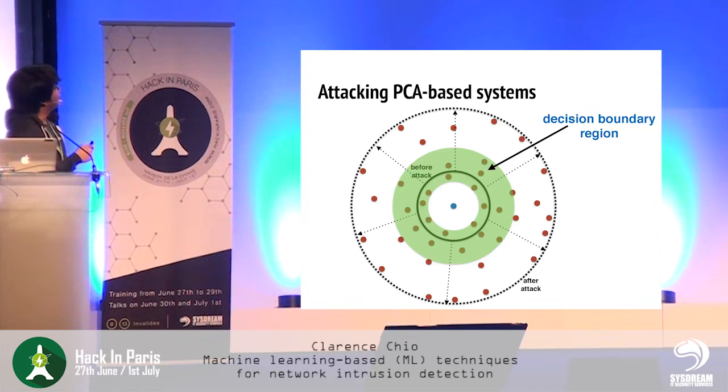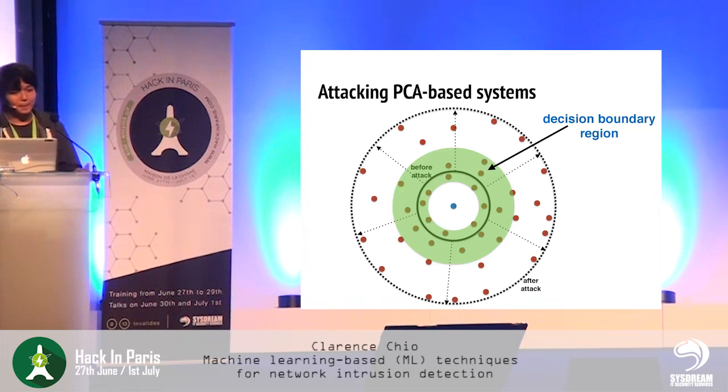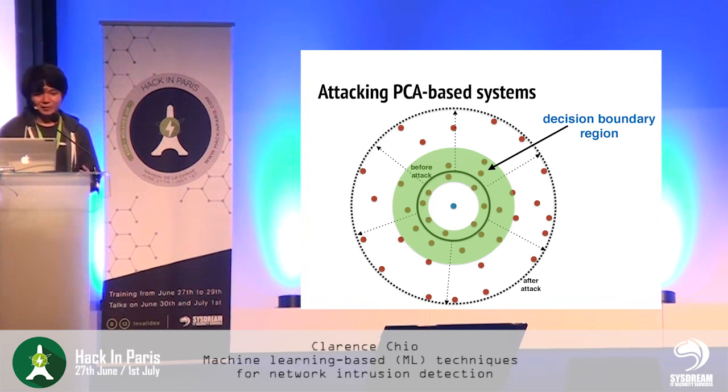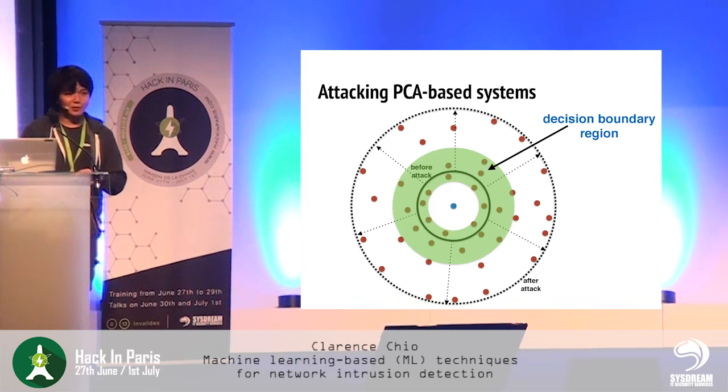So when you detect a lot of your traffic coming out around your decision boundary compared to when you first had your system, then obviously you can start to look into whether someone is trying to attack your system or not. But again, all these methods have flaws, and they're very laborious. It's not really easy to implement, and if you understand all these things, then you're already a lot better than the average sysadmin who is implementing machine learning solutions that he's rolling on his own.